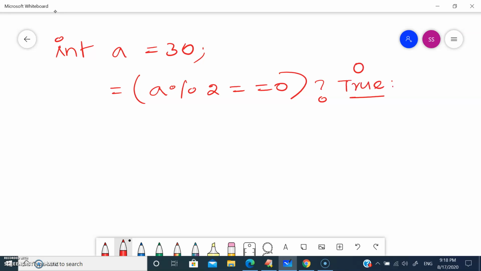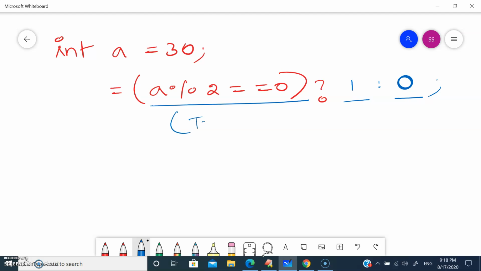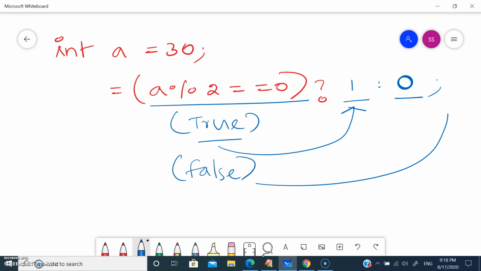Sorry guys, true means 1, right? So if a modulus of 2 is equal to 0, then I say 1, or else 0. So 1 means true, 0 means false. If the condition is true, it goes for 1. If the condition is false, it goes for 0. Let me store this value in b.